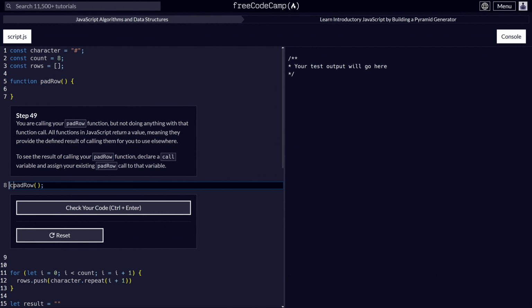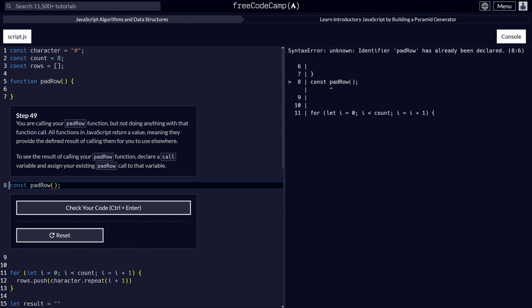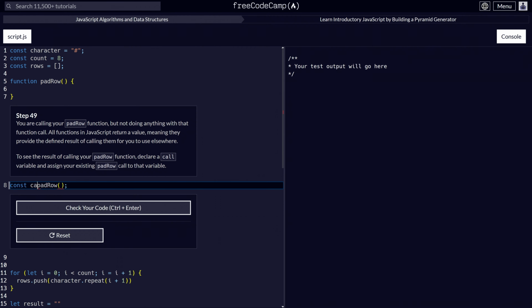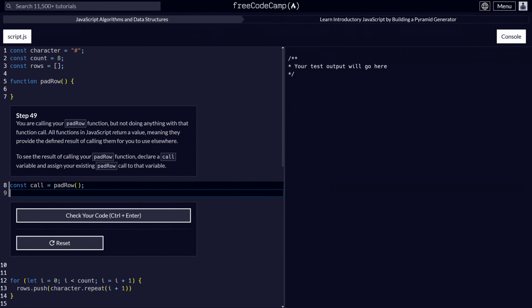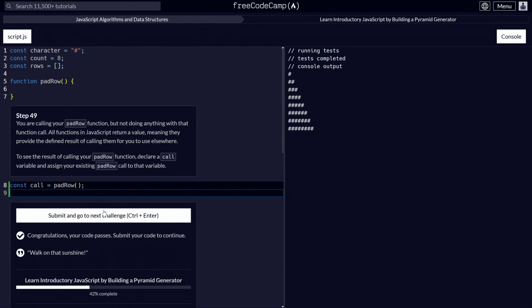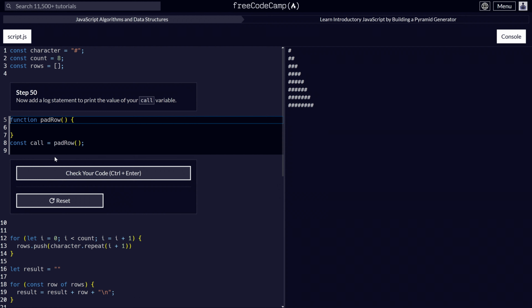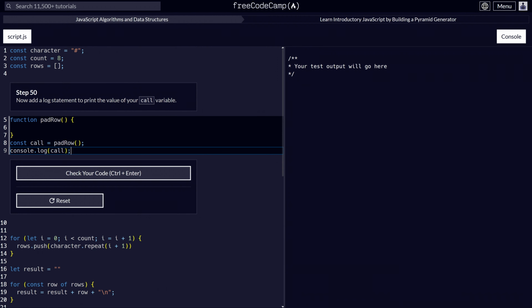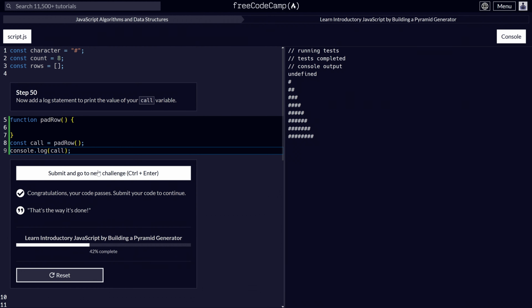So they say const, they didn't say we had to use let, so I'm going to say const call equals pad row, and did they say to console log it? No. Now add a log statement, exactly what I was gonna do. And we get undefined. So they say it was a defined output, but actually it was an undefined output,